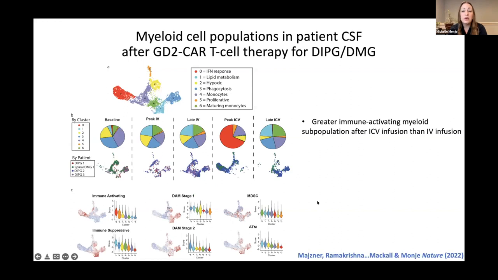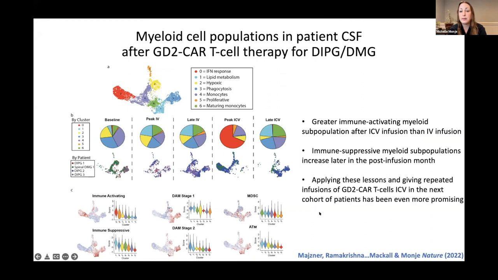We find greater immune-activating myeloid populations after intracranial administration than after IV administration, and immune-suppressive myeloid populations that increase later in the post-infusion month and, interestingly, overlap with signatures of disease-associated microglia and axon-tract microglia. Applying these lessons and giving repeated doses monthly now to patients of GD2 CAR T cell therapy,